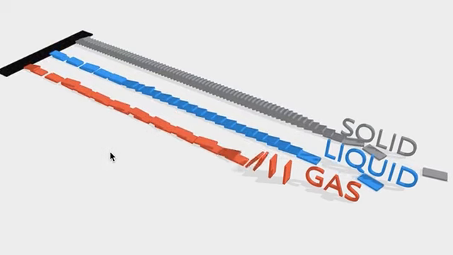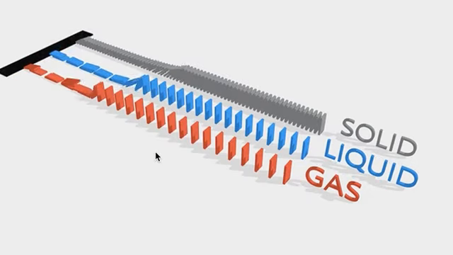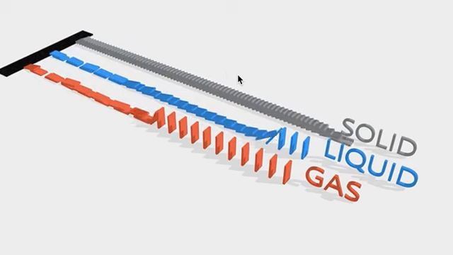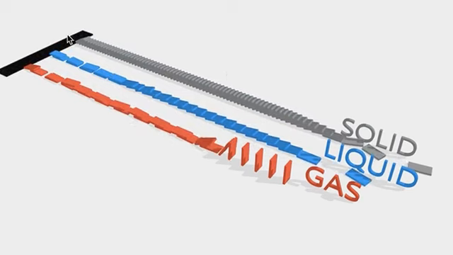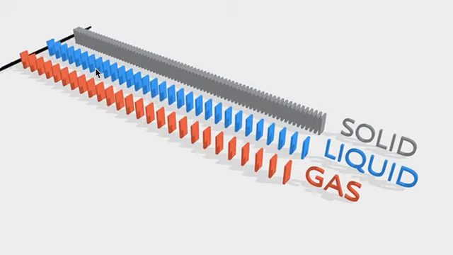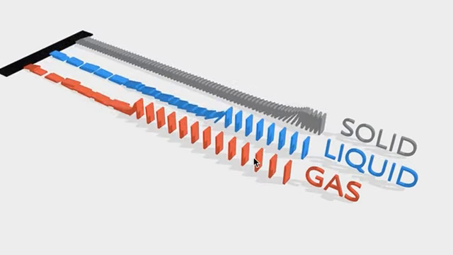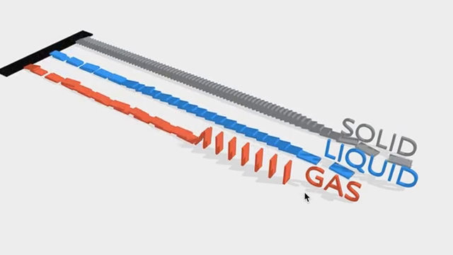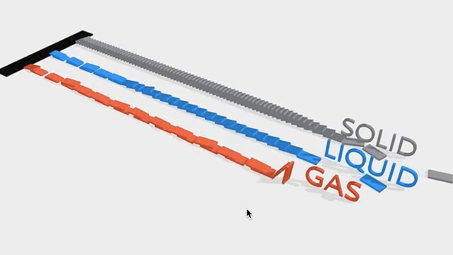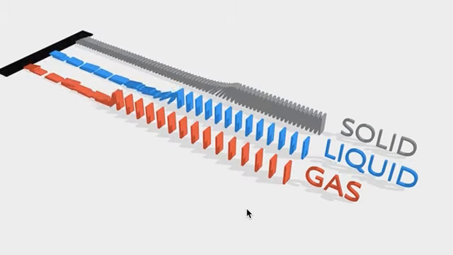So I said I'd finished, but actually I just saw this and I thought it would be useful. So we talked about why sound travels differently between solids, liquids and gases, but this is a really nice animation that shows it. Imagine you've got 3 lines of dominoes. In the first one, the dominoes are all really close to each other. If you knocked one, they'd all go really quickly. If you had dominoes that were slightly further apart, then they would travel a bit slower, and if they were even further apart, they would go even slower. And that's basically the difference between solid, liquid and gas. It's a really nice, easy way to show the differences between them.